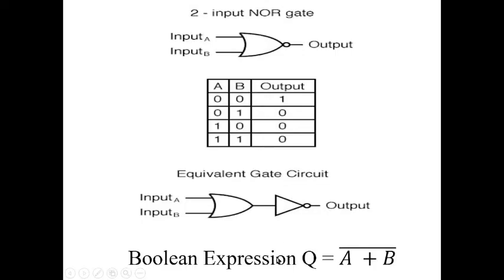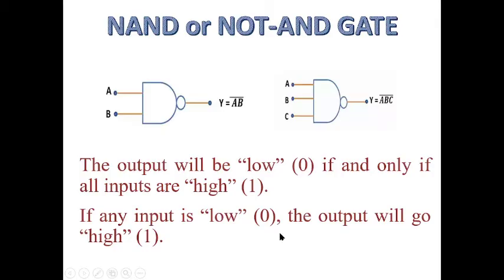So to see the Boolean expression that represents the gate, Q is equal to the inverse of the summation of the inputs, the OR bar. That is the Boolean expression that explains that. We now look at the NAND gate